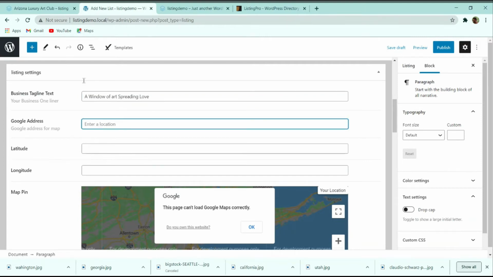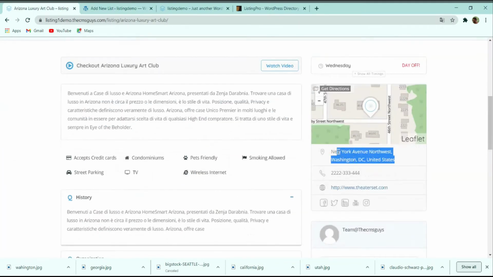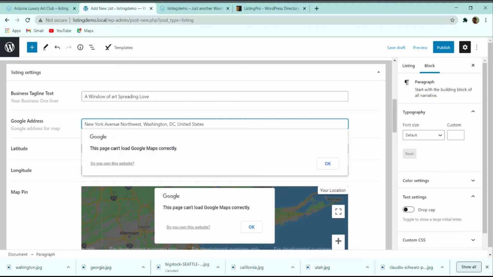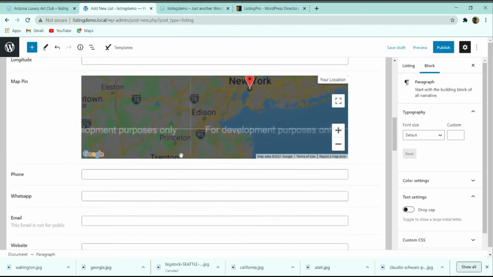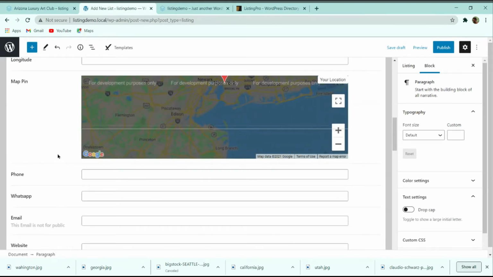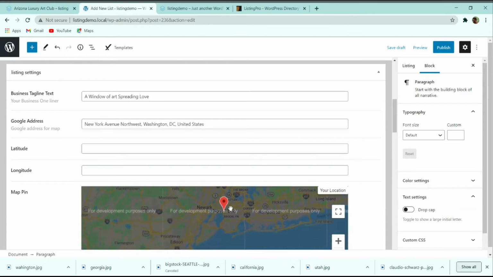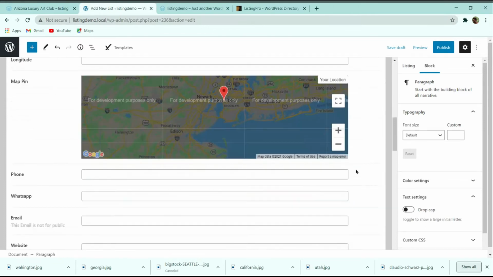After that, the Google map address, you can also copy. Let me copy this address from here, and then here I will paste this link. So here basically it is telling that this page cannot load Google Maps correctly. So let me click here for OK. Now I will tell you how you can fix this issue. After that, latitude and longitude, there is no need of adding this latitude and longitude. So now the map part I will tell you later on how to fix, how we can add this Google API to it. So let's proceed further.